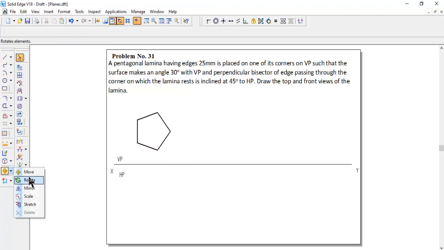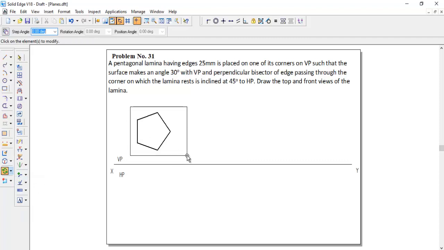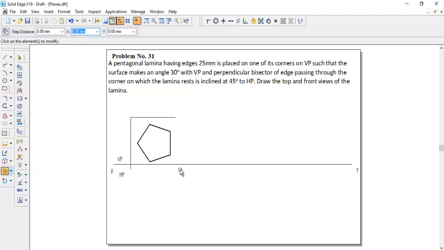You can use the rotate option, select the entire pentagon and make the opposite edge perpendicular, and then automatically the corner condition will come. You can move this anywhere in VP, at a convenient distance.